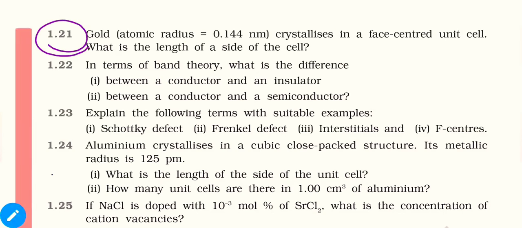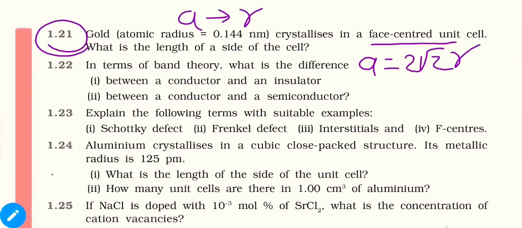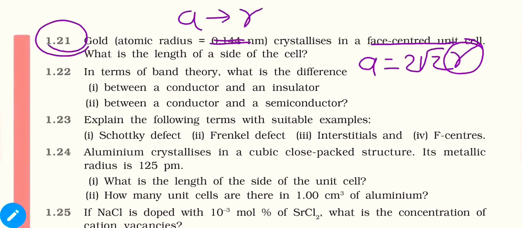What is the length of a side of the unit cell? So this is a very simple numerical. All you have to do is use the relationship of A and R for a face centered unit cell. The relationship between A and R is A is equal to 2 root 2 R. All you have to do is place the value of R, which is 0.144 nanometers, and you will find your answer. It will be A is equal to 2 root 2 multiplied by